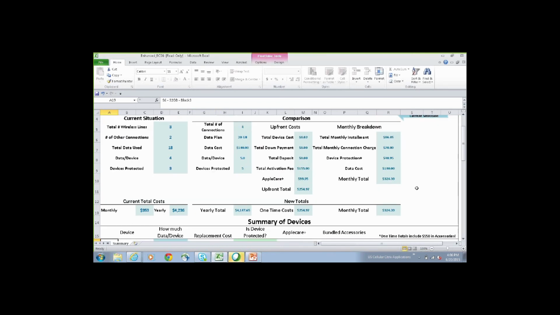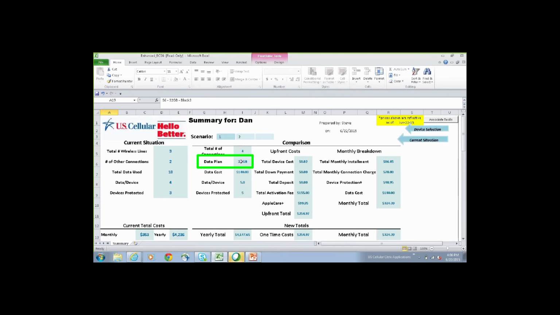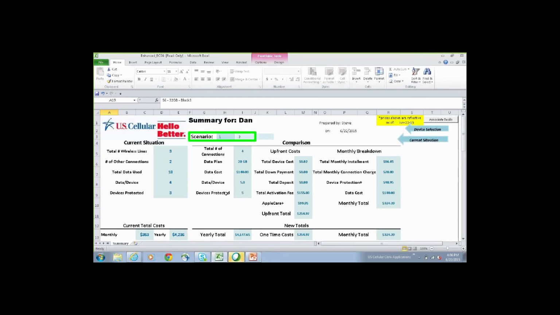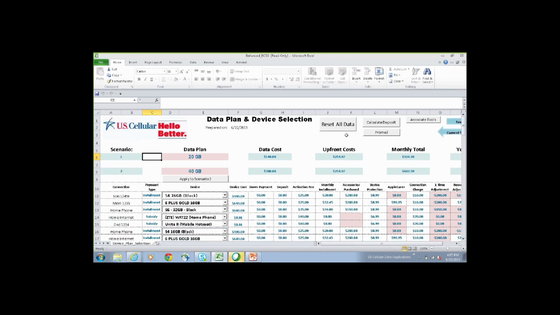So definitely we can see that now we can get this customer into a 20 gig plan for $324, much closer to the $353. We can also look at the 40 gig plan at $482. So depending on what this customer's home usage might be, you might want to determine which way you want to go there. We can also go back here to device selection, expand our view,